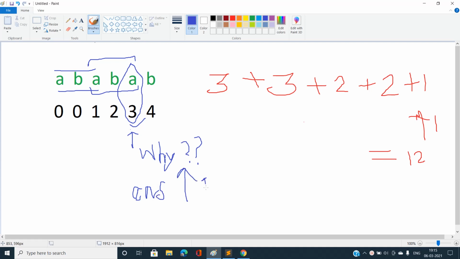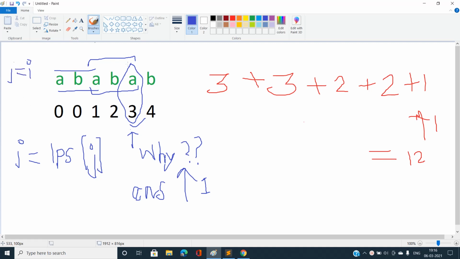So what if I have checked this and I am going to move j? I am going to change my j pointer to the LPS of j. Okay, and initially I have the j pointer initialized to I. So don't get confused.